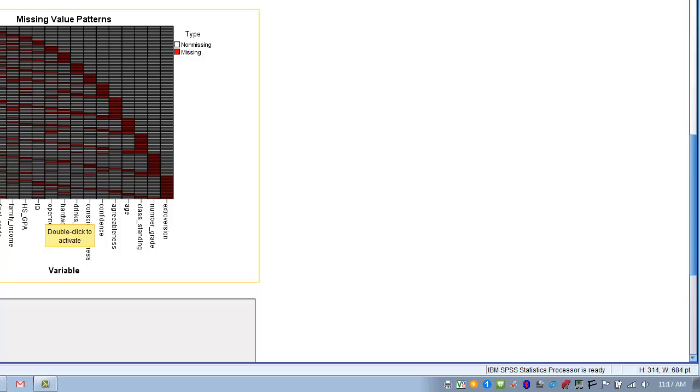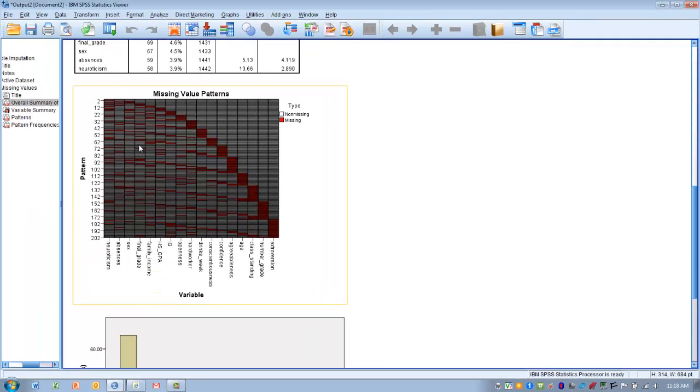So what we're looking for here is something called monotonicity. In other words, kind of a rigid pattern of decreasing or increasing values across the sequence. So what we look for is a pattern in the organization of these red lines, indicating that there's missing values. Now, if we had a concentration of red lines in the upper left, and then another concentration of red lines in the lower right, that would indicate that there's some sort of pattern, in other words,